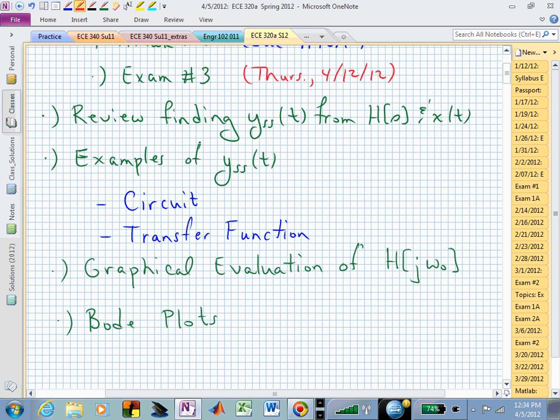And omega naught is which frequency? What might identify omega naught? That's how fast we're shaking it, or what frequency we are shaking. That's the input's frequency. You have X having cosine omega naught t. That omega naught is how fast or slow you are shaking that particular system. That's the omega naught,